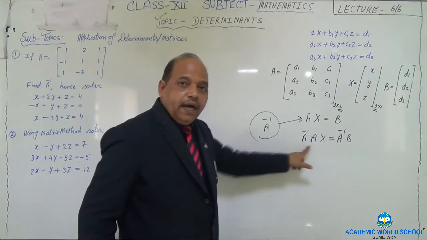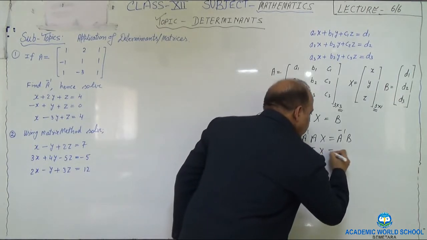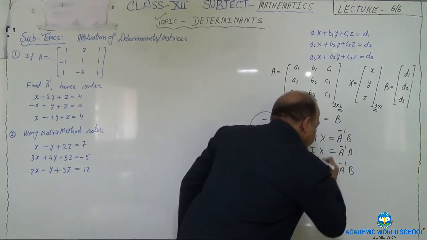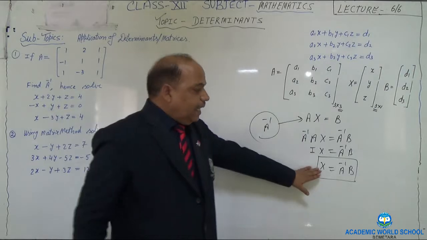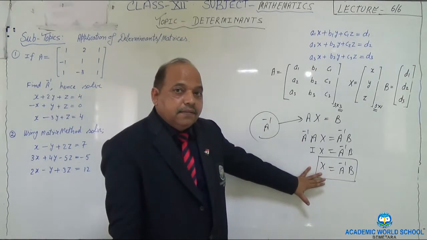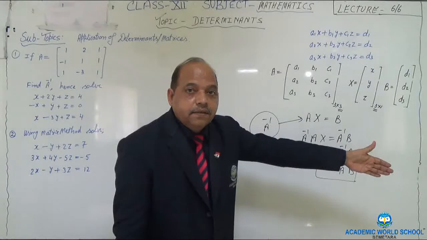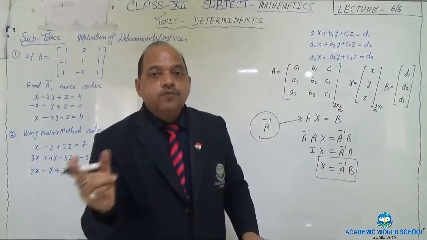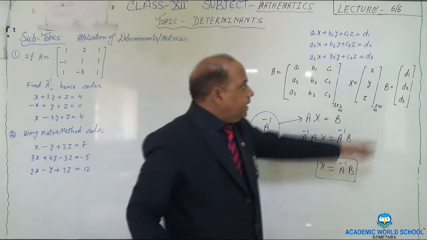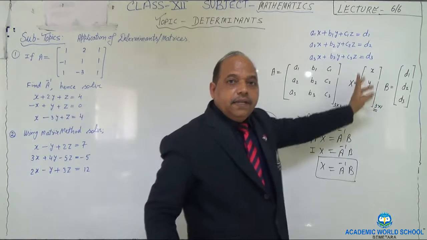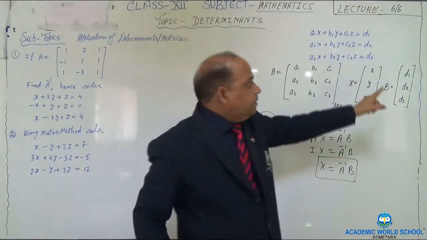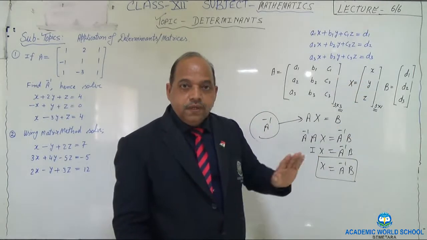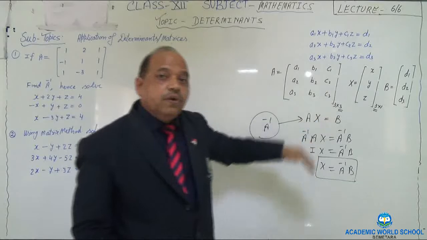Now, this will give you I, it becomes I X is equal to A inverse B, or X is equal to A inverse B. Now you can see that in the left hand side you have only the variable matrix. Right side is another matrix. And when you are equating two matrices, what does it mean? Corresponding elements have to be the same. Whatever is written on the right side, if you are equating with this, obviously you can equate corresponding elements. That will facilitate getting the value of X, Y and Z. So this is the way we can find the solution of this.